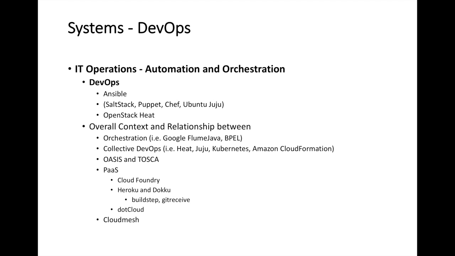We will naturally introduce you to some concepts such as automation and orchestration as used in DevOps. We will be using Ansible. If time allows, we can also talk about SaltStack, Puppet, Chef, and Juju, possibly even OpenStack Heat. But we will be focusing this class on Ansible. This makes it easy on everybody because this is done in Python. You don't have to then yet learn another scripting language, and we stay all in Python.